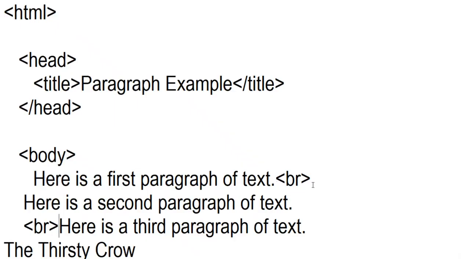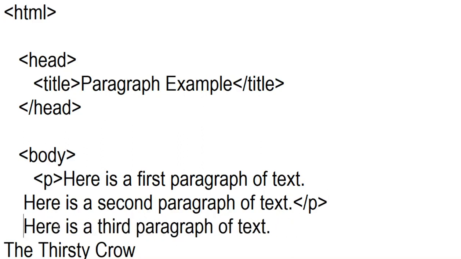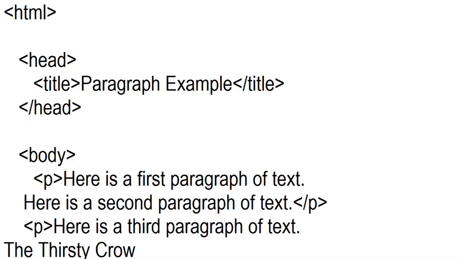For example, instead of BR, we can use P here. Just write P and we want one paragraph. For example, we want to enter two lines in one paragraph. Then here you can close the P tag. After that, for example, if we want a simple line break, then you can use the BR tag. Otherwise, if we want the next paragraph here, then you can use the P tag again. Then you can close the P tag here.